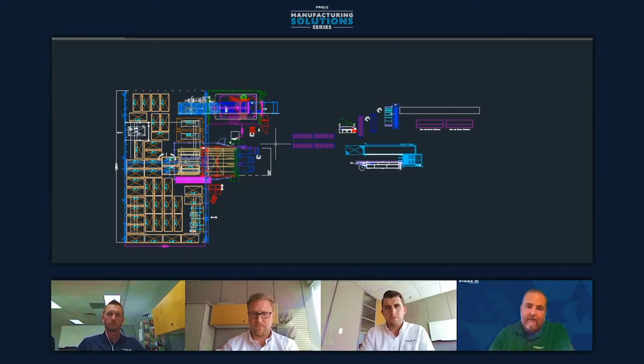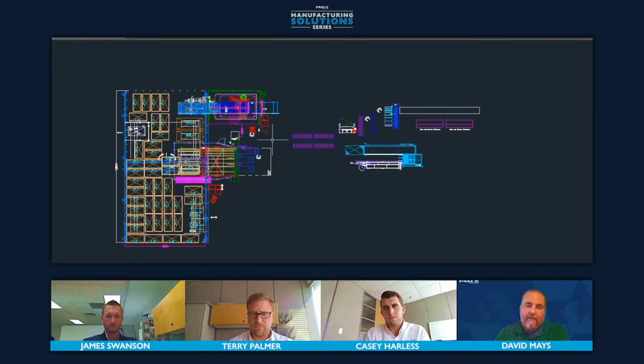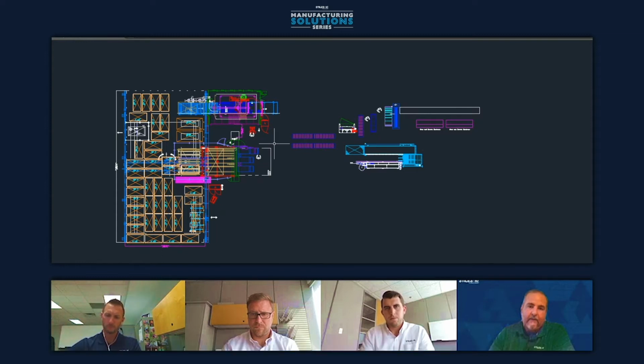Most of the systems that we see nowadays that we're working on, we have very little work in progress. A lot of it is just in time, so that we're producing complex products with lots of variables, different colors, different sizes. We're not producing 1,000 of anything anymore. We're producing 1 or 2 of these and 5 of those. So we're constantly changing. So with a system like this, we're able to be very dynamic and move with the